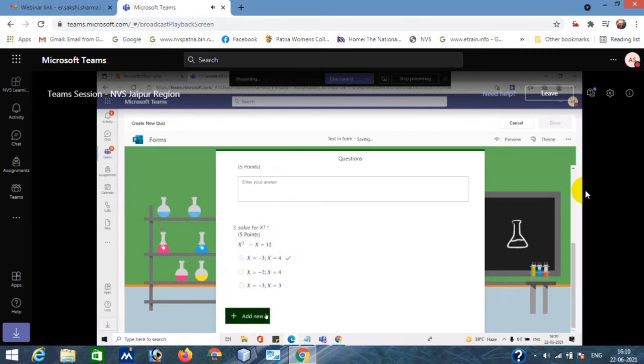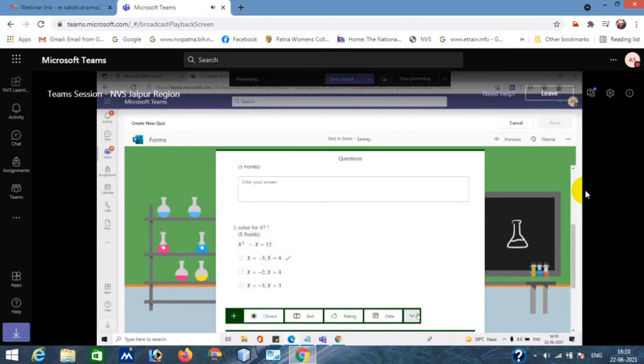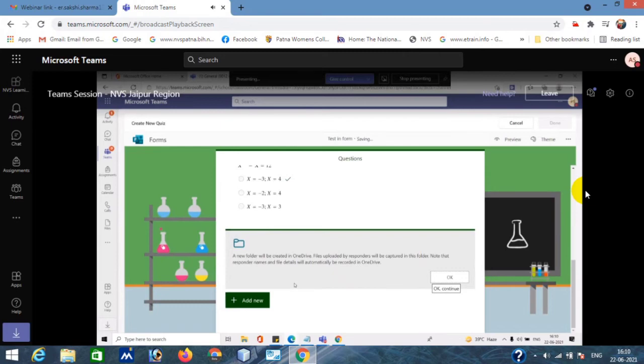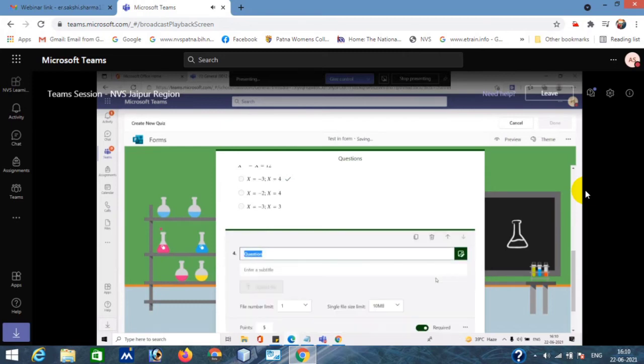And the other option is, if you go down, if you click on this navigation, you can find a different option called file upload. This is something like subjective assignments, right? So you can just use this option to upload a file. Let's suppose you write down some question. Let's suppose the question is, what is, I can say, what topic can I give? If it is related to science, then I can give, suppose, what is motion, right?